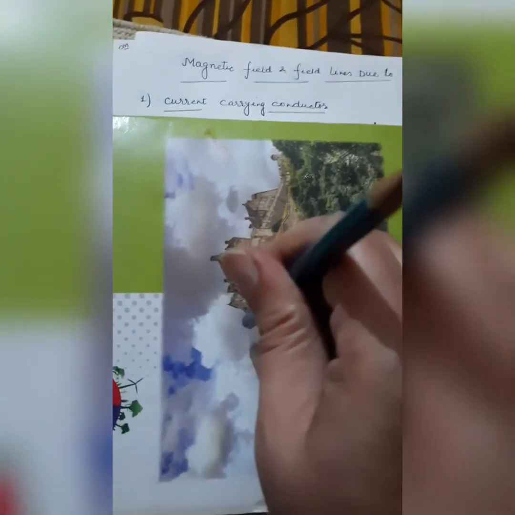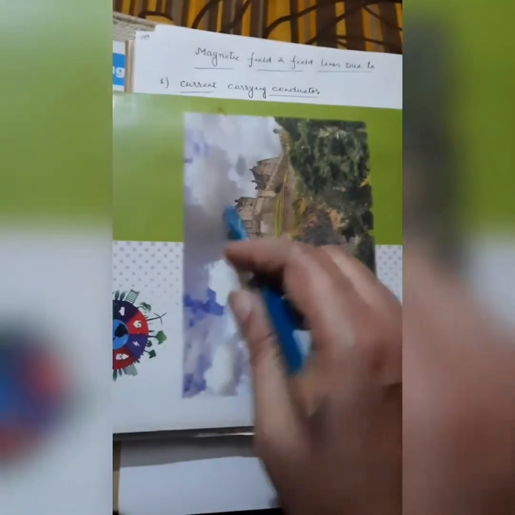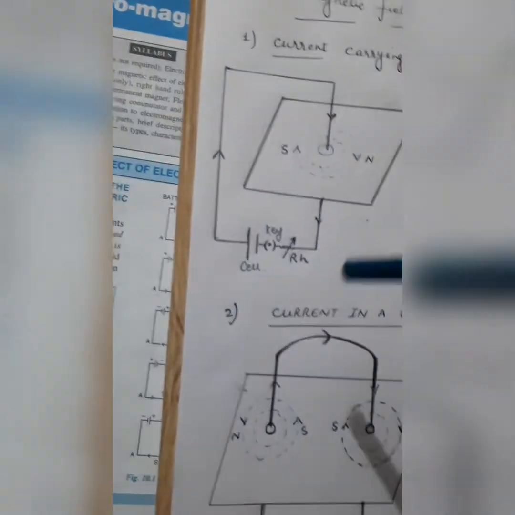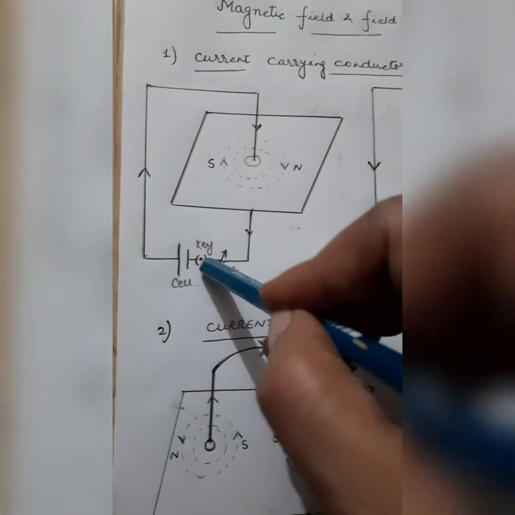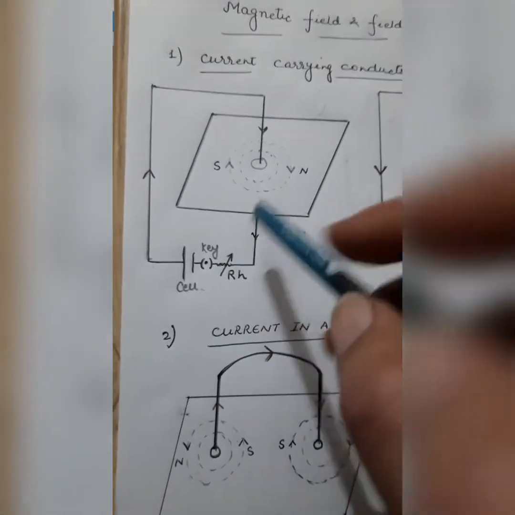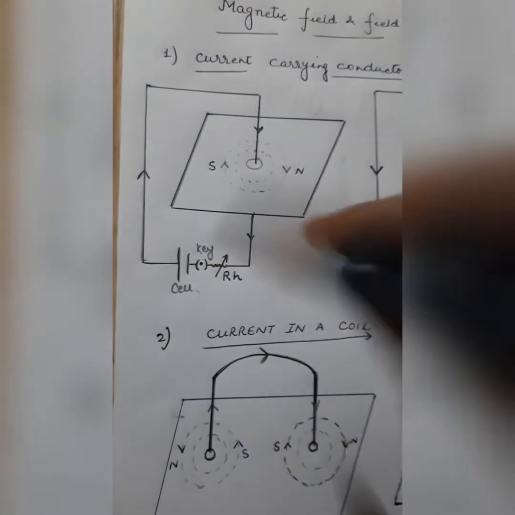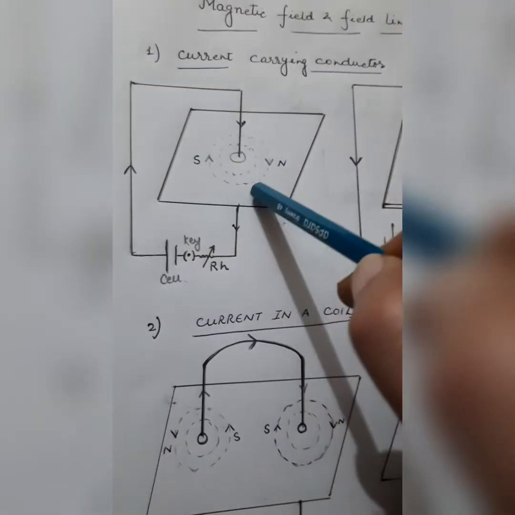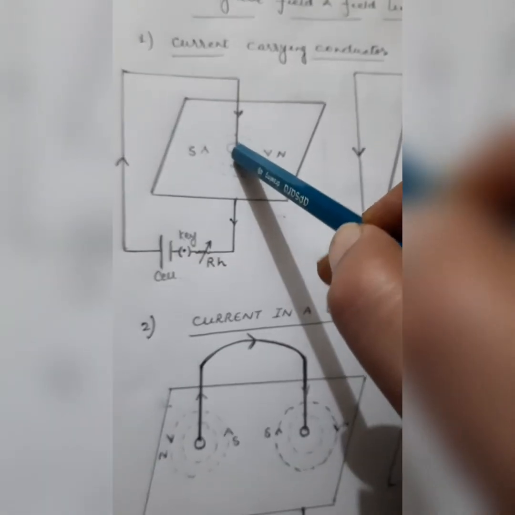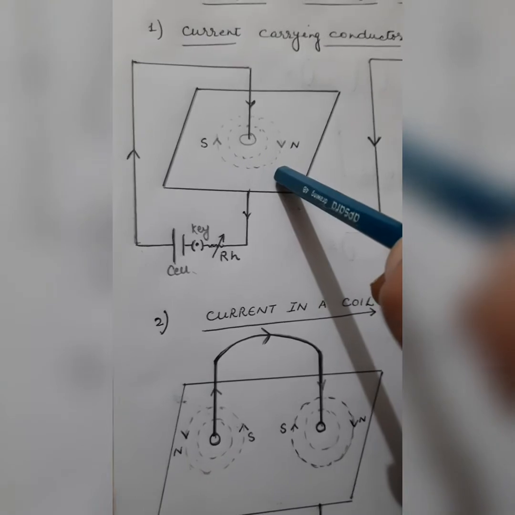Now we will study the magnetic field around this conductor. When I pass this conductor through the cardboard, I sprinkle some iron filings on the cardboard, and after that I connect the conductor with one cell, one key and one rheostat. When I switch on the cell, meaning I press the key, current passes through the conductor. I simply tap the cardboard, and all the iron filings set in concentric circles around this hole. It shows that there is a magnetic field.